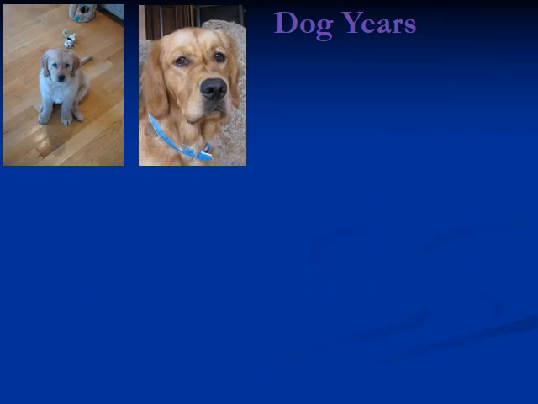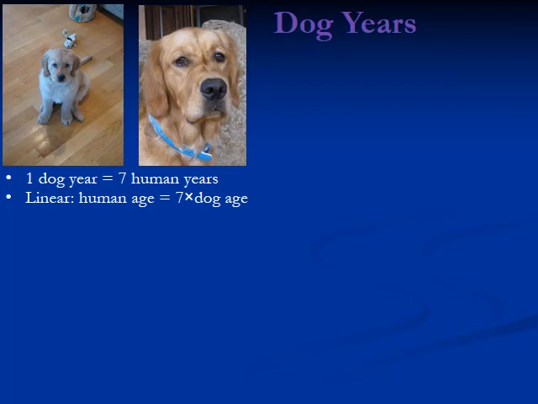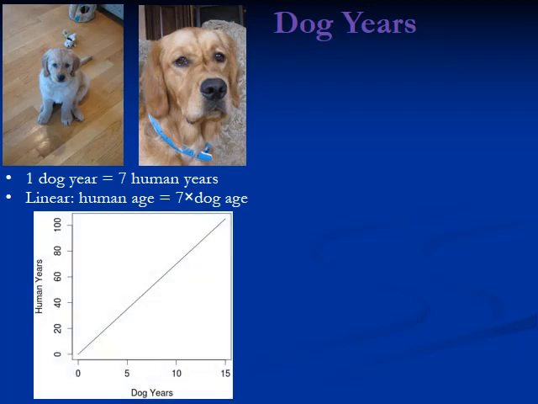On the other hand, just because data isn't perfectly linear doesn't mean the correlation coefficient is meaningless. Here we see our class mascot, Abby the Wonder Dog. Many of you probably know the generalization that 1 year of a dog's life is supposed to be equivalent to about 7 human years. That is reflected here in the graph on the left. If it was actually 7 human years for 1 dog year, it would be a